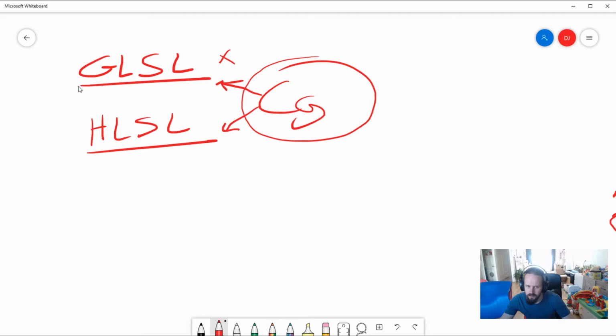Why are we going for GLSL? In this case, just because I have much more experience with it, and it's much easier for me to get you guys up to speed in a very simple way. But also because it's very easy to set up stuff, because this is open source. This one, HLSL, mostly runs just on Windows. This one runs on all the platforms, including mobile phones,